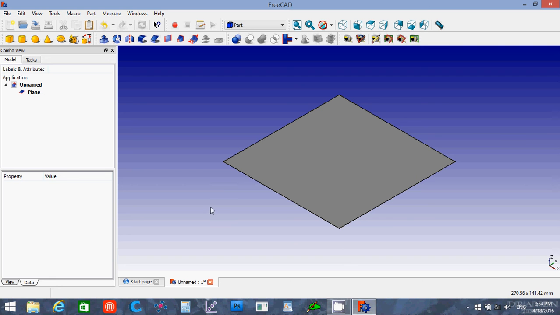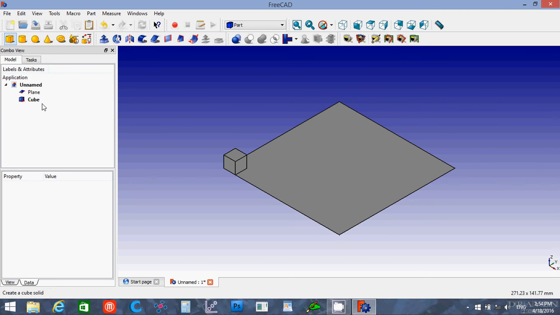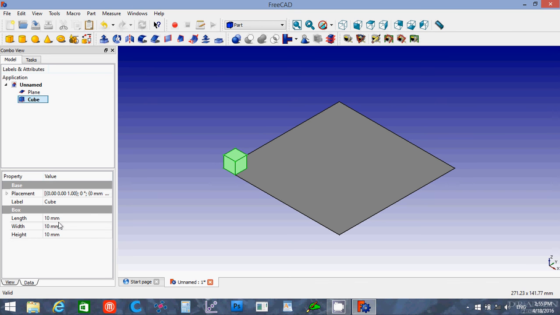Say I created a cube too, and I give it 100, 100,